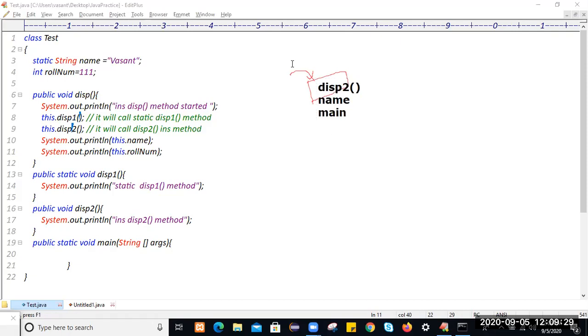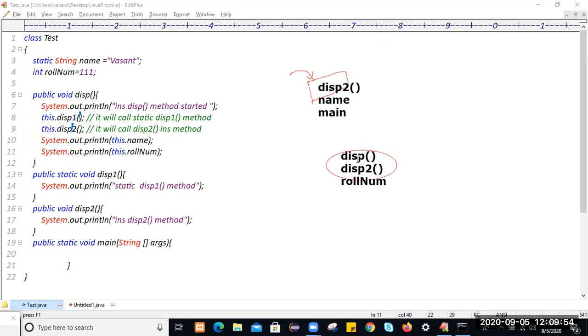But we have an object memory. The moment you create an object, within this object memory only the instance members of the class will get loaded. Like this method is an instance, as well as this one is static. This two method is also an instance method, as well as roll number is also an instance. All this will get loaded into object memory.